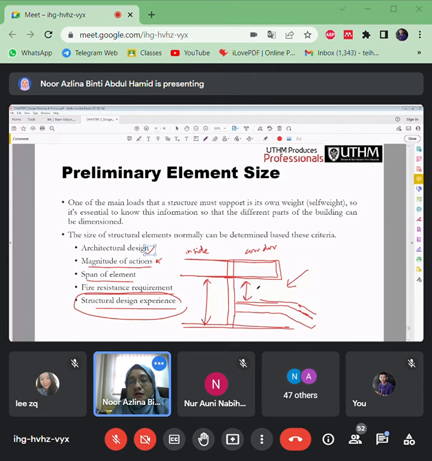Okay, my first job sampai sekarang I tak boleh lupa lah. Kalau suruh pergi balik Dewan ni, nak tengok balik dekat Dewan ni, I malu nak lalu sini. Nanti orang tanya siapa yang design beam macam ni kan, tak nak mengaku. Okay, tapi as long as orang-orang kampung kat situ masih boleh lalu, okay lah kan. Okay, so that is my experience. So that means experience is very important. Okay, and then how you decide the size also.